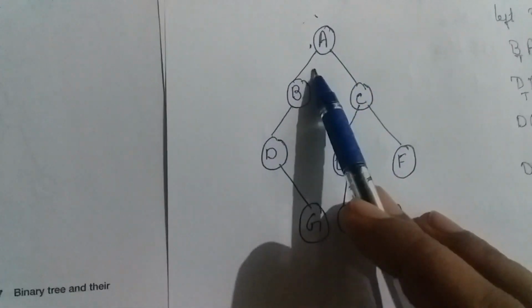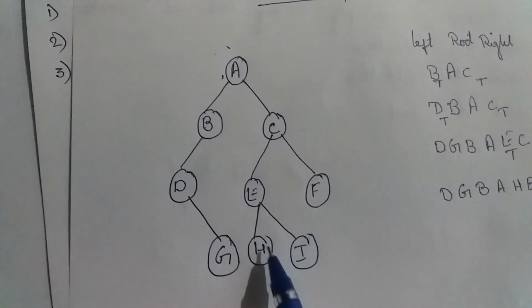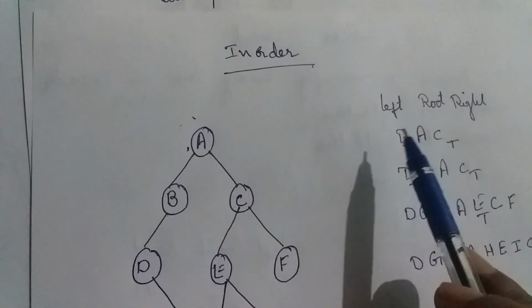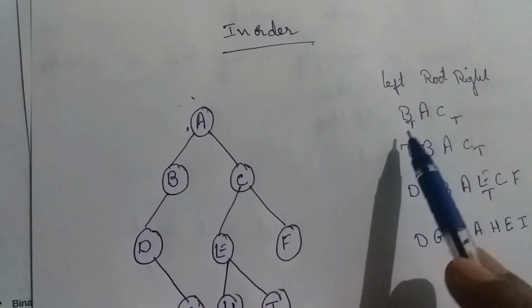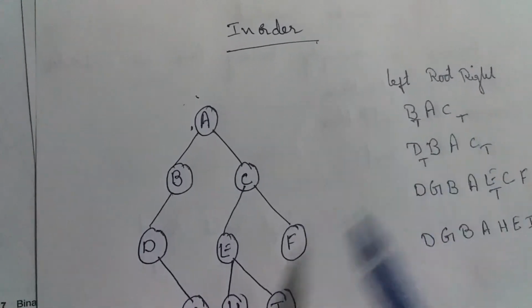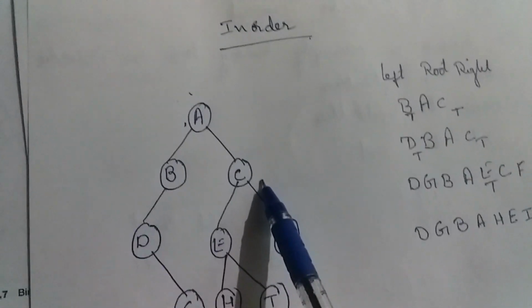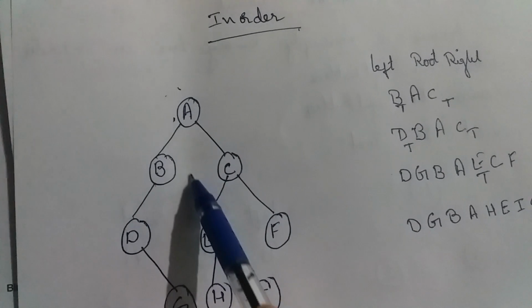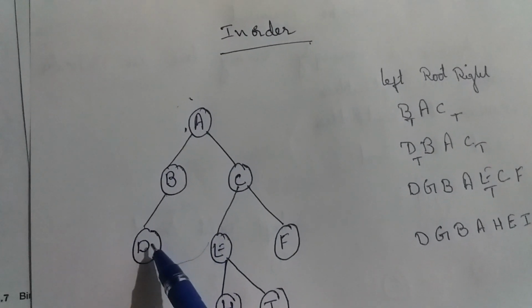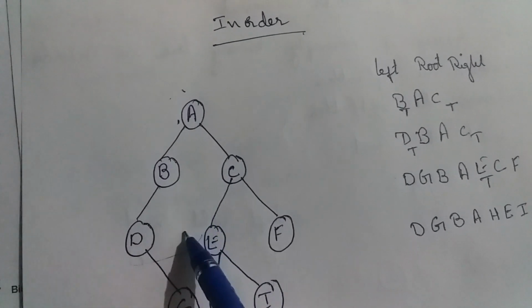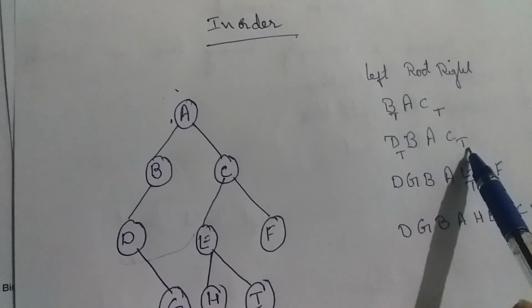So A, B, C, this is the tree here, so you are not confused. Left, root and right is the in order traversal. So first you can see here B, A, C, T is marked here, because it has to be traversed again. Then if I again apply for this node B, left is D, B, then right does not exist. I have written left D and B, and A and C, T are copied like that only.